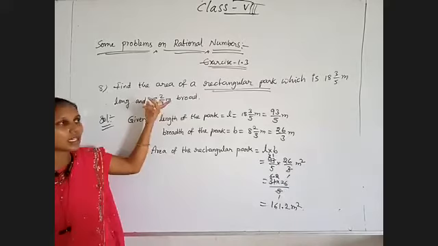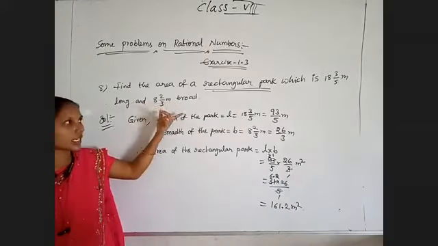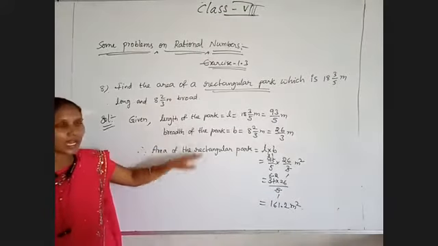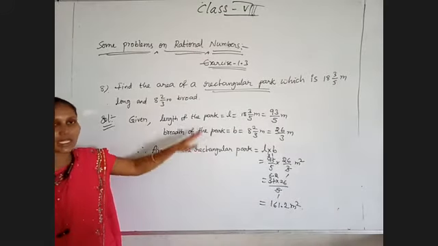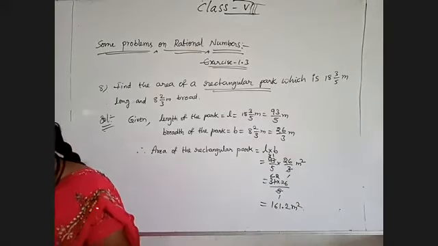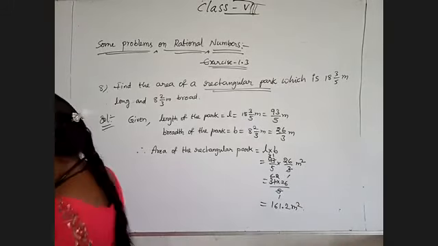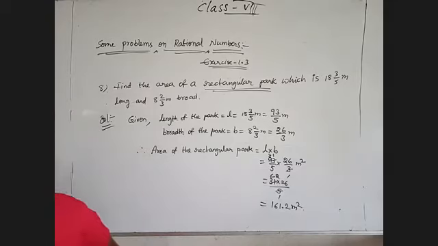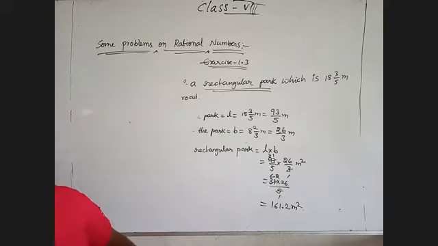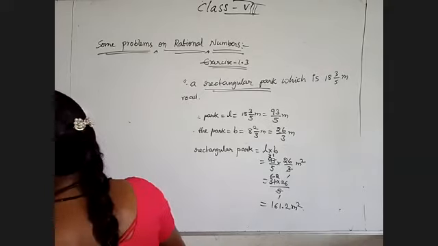So like that we need to use different formulas for different shapes. So here they have used the rectangular shape, but the numbers are given in rational form. That's why we have simplified by using rational numbers. That's all. Now coming to the next problem. What number should minus 33 by 16 be divided by to get minus 11 by 4?